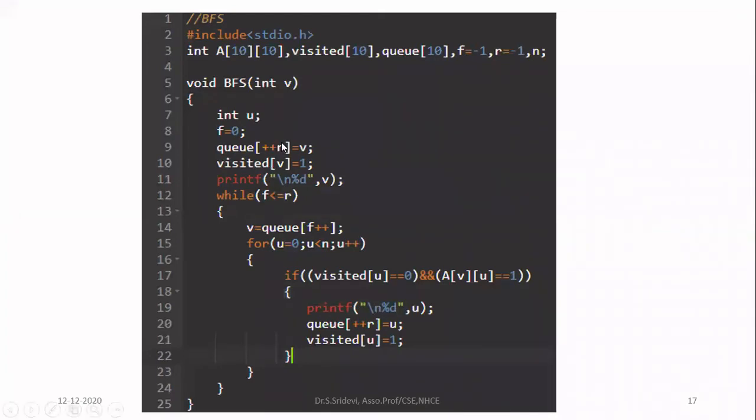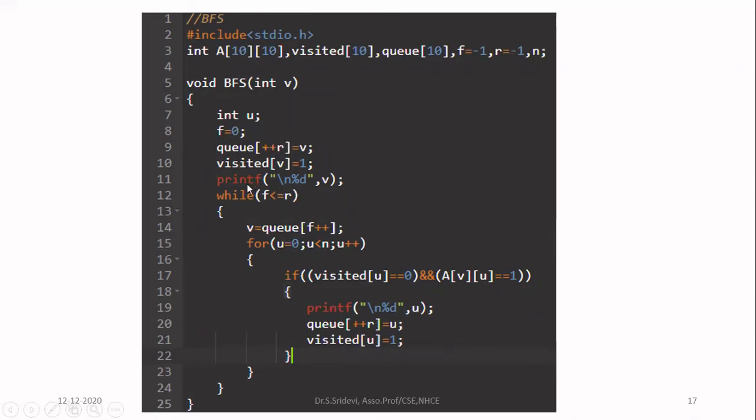Now you have inserted the first node into the queue, so your queue is not empty. If you want to remove a node, next you have to remove that node only. So what you're going to do now is you're going to mark f is equal to 0. If you don't do this one, f will still be -1, indicating that the queue is empty. But you have inserted one node into the queue, so go and mark f is equal to 0.